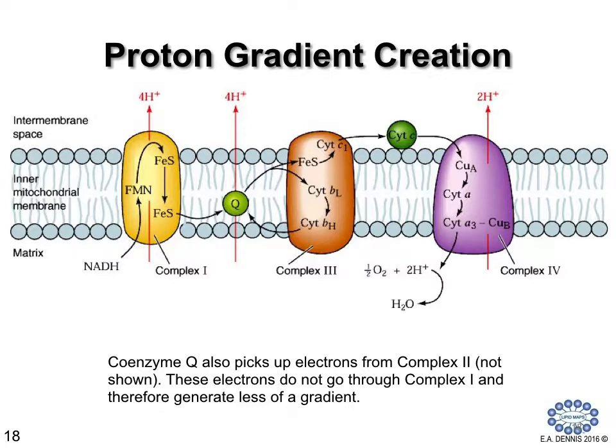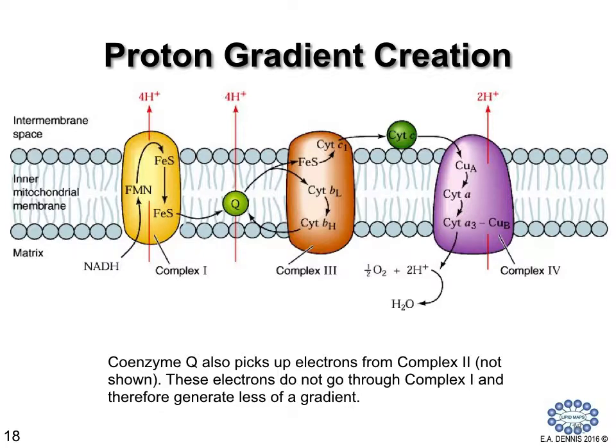So the process starts with the generation of NADH, which passes its electron to FMN and through some iron sulfide complexes further processes that electron through complex 1, eventually delivering the energy to coenzyme Q, which is the mobile electron carrier shown here as positioned in that membrane and carrying the electron from complex 1 and delivering it to complex 3, where it goes through another number of